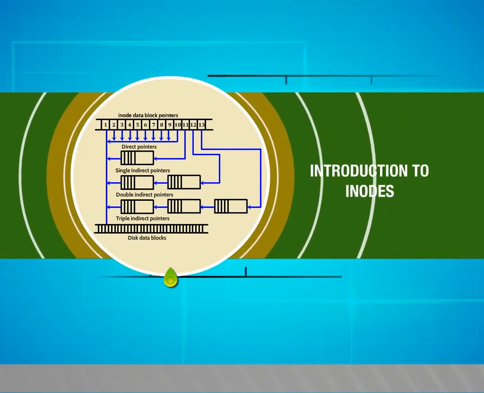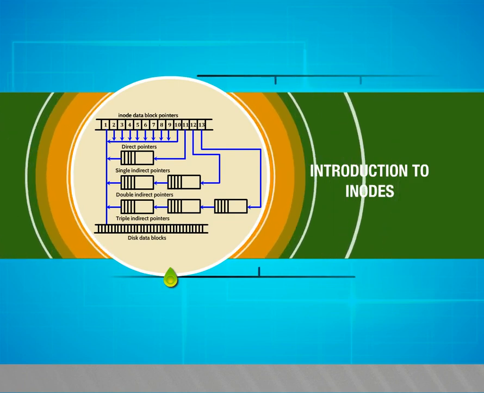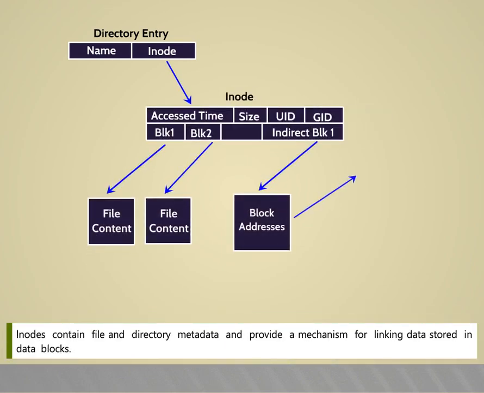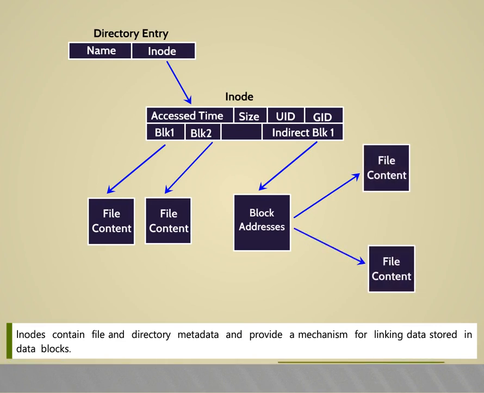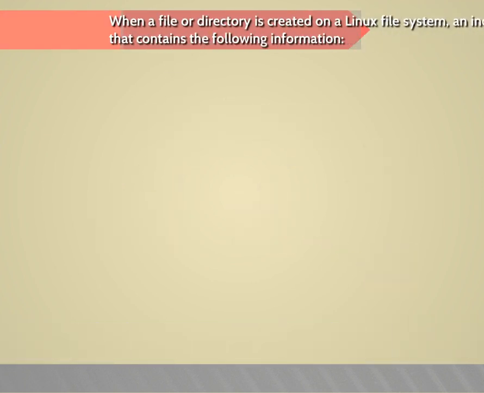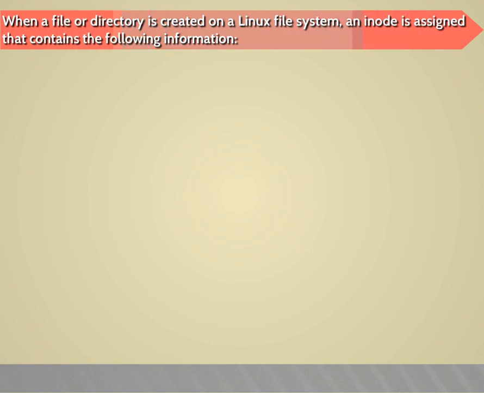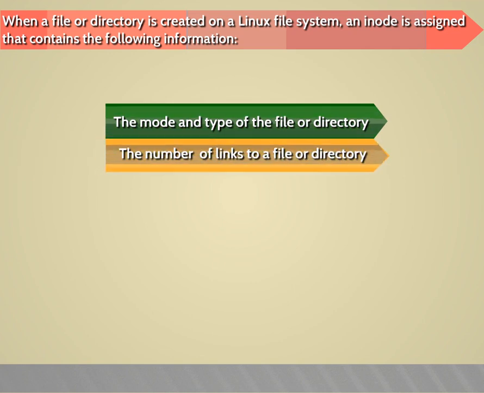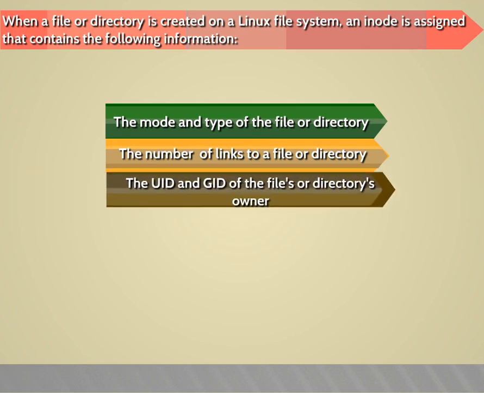Introduction to Inodes. In this video, we are going to see about Introduction to Inodes. Inodes contain file and directory metadata and provide a mechanism for linking data stored in data blocks. When a file or directory is created on a Linux file system, an inode is assigned that contains the following information: the mode and type of the file or directory, the number of links to a file or directory,